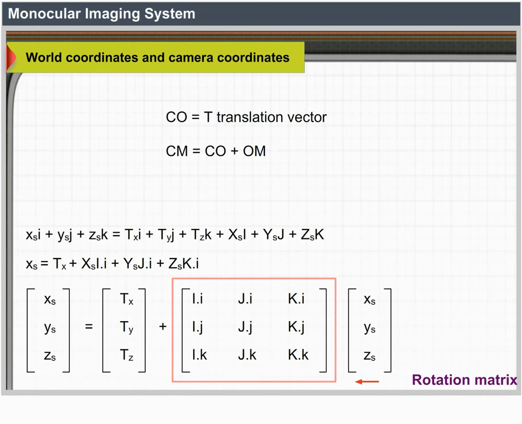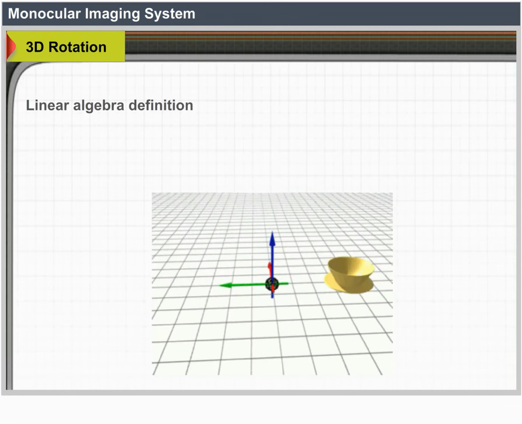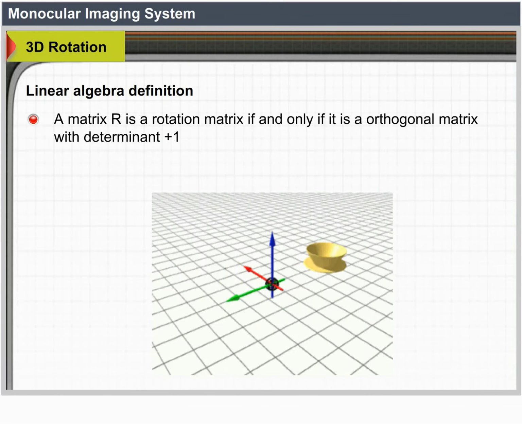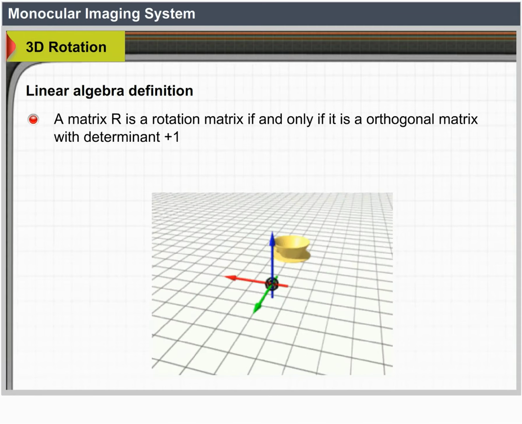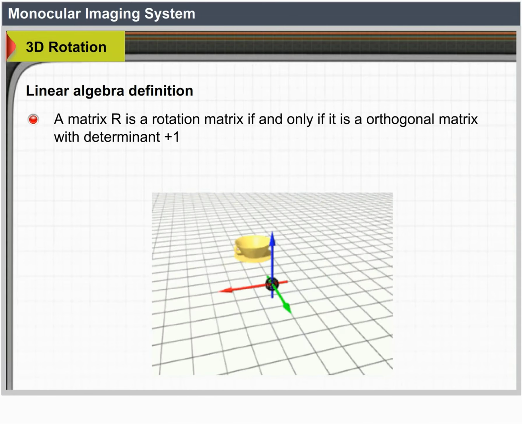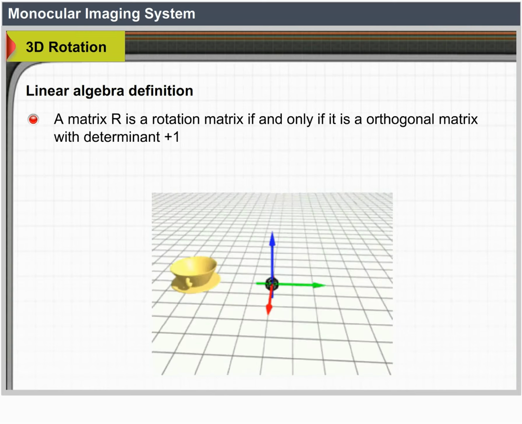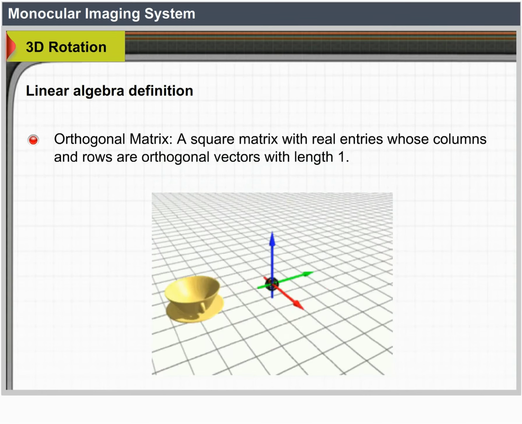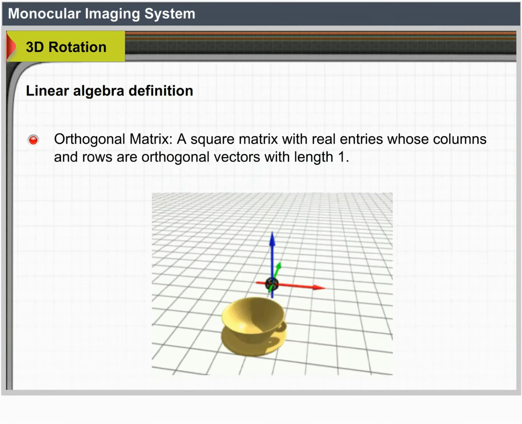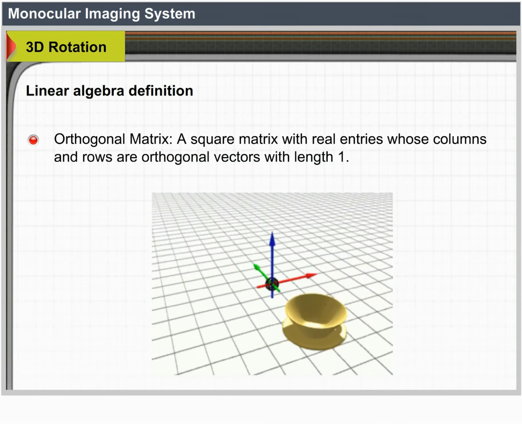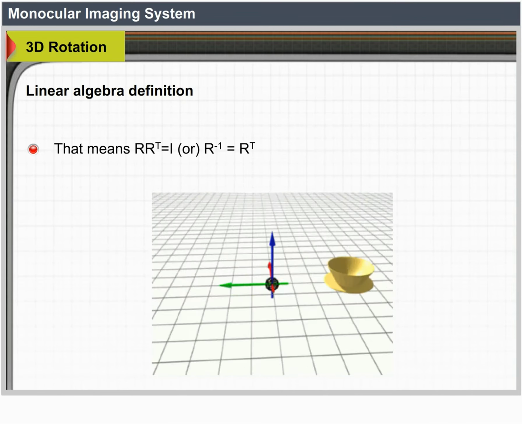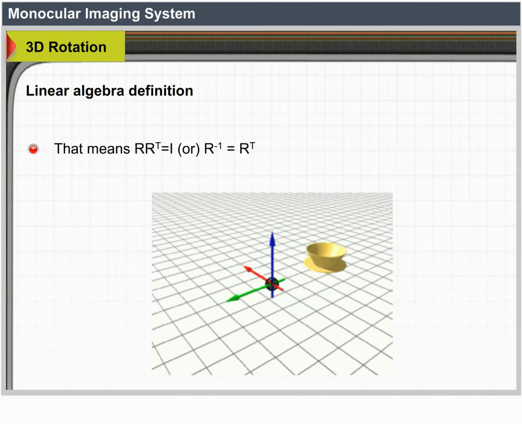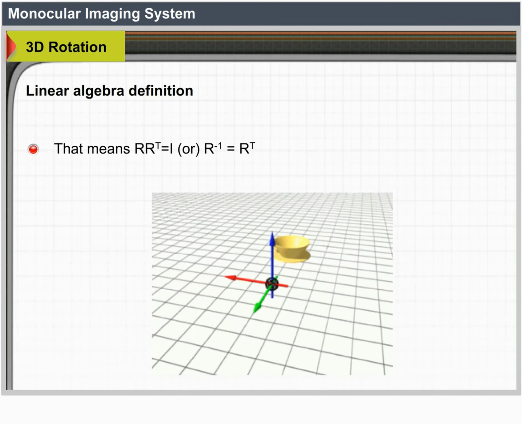Rotation matrix. (3D rotation). Linear algebra definition. A matrix R is a rotation matrix if and only if it is an orthogonal matrix with determinant +1. Orthogonal matrix: a square matrix with real entries whose columns and rows are orthogonal vectors with length 1. That means R transpose times R equals I, or R inverse equals R